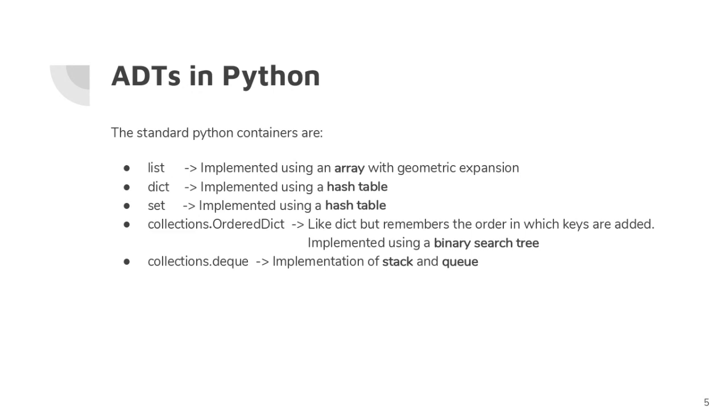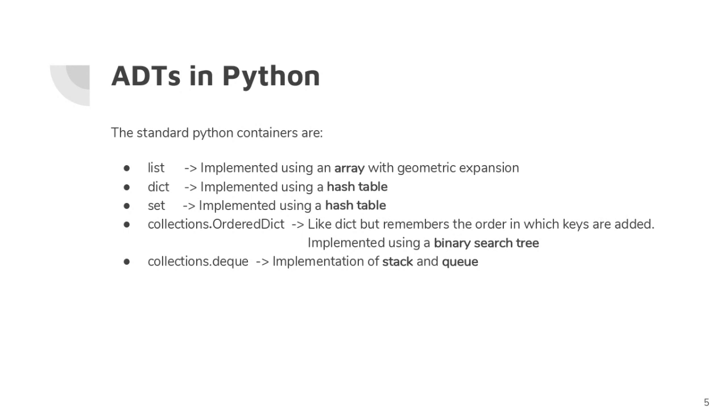So what are the standard abstract data types in Python? You have lists, the standard list in Python, and that's usually implemented with an array, which uses geometric expansion. I'll go into that later on. You have a dictionary, which is usually implemented using a hash table. You have a set, which is also usually implemented using a hash table. In the collections library, which is a standard library in Python,